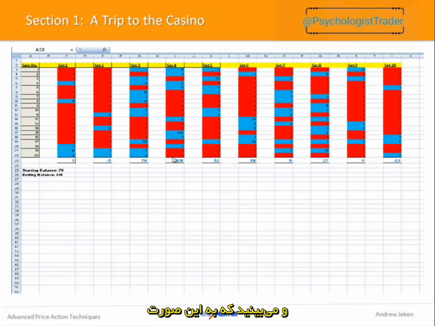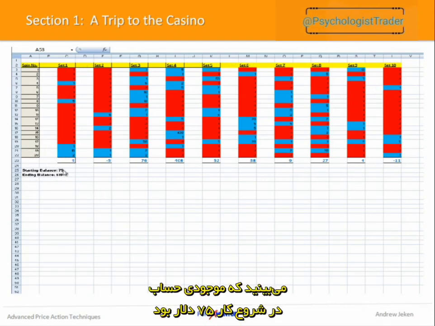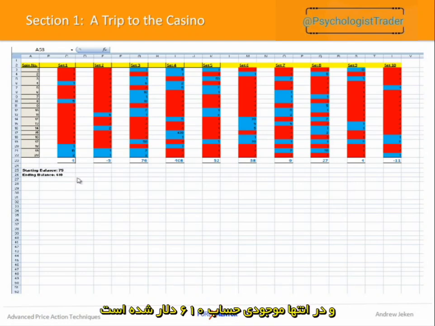and you can see how we have the distribution of wins to losses, not only from a spin by spin or trade by trade scenario here, but over a large sample size. Okay, 10 sets, 20 trades, you know, 20 spins. So it's a very large sample size, and you can see our starting balance was $75. The ending balance was $610. All right, and you can see how we've worked that.